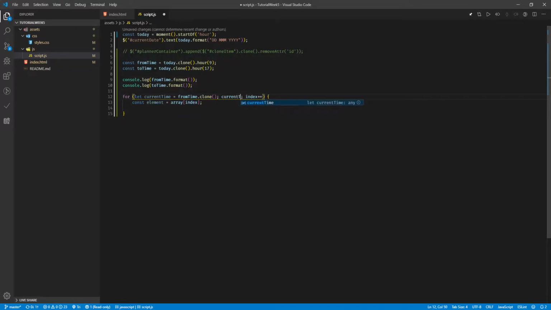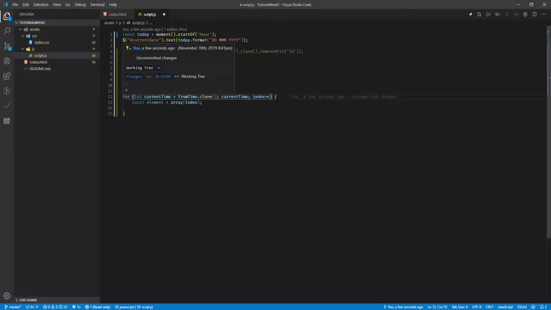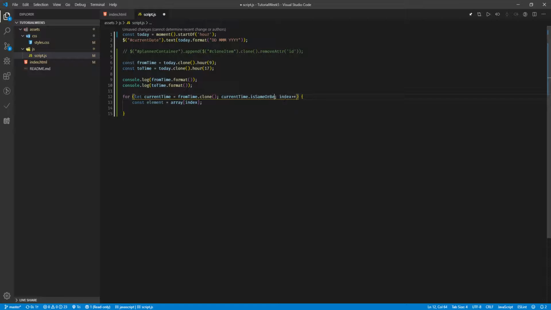if current time. There's a function for compare, and if you look here, there's a query, and I'm going to say isBefore or same, because I also want it to run when it's on 15, so isSameOrBefore. So you can do moment object dot isSameOrBefore another moment object. So I'm going to use that isSameOrBefore our to time,